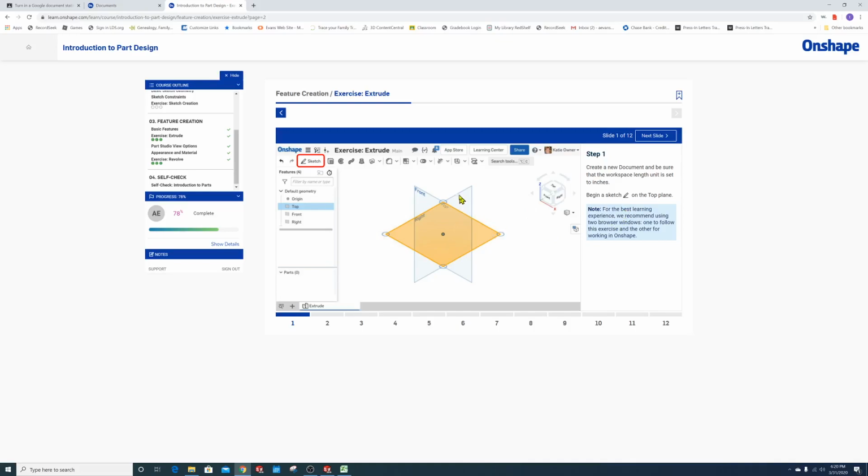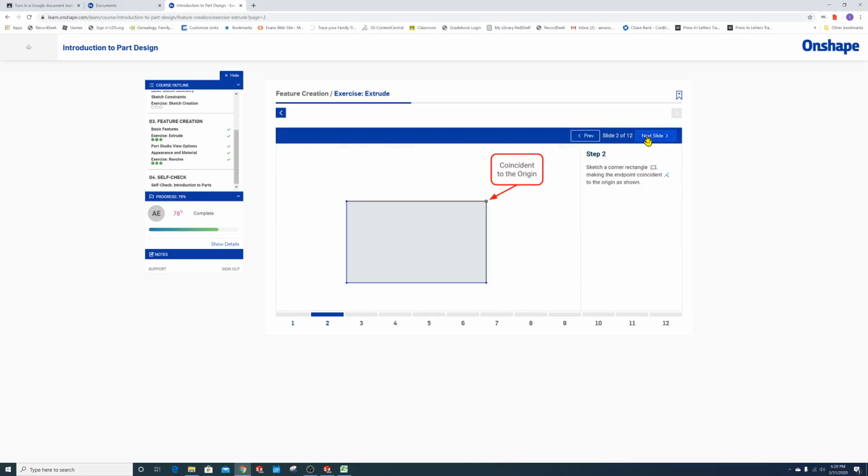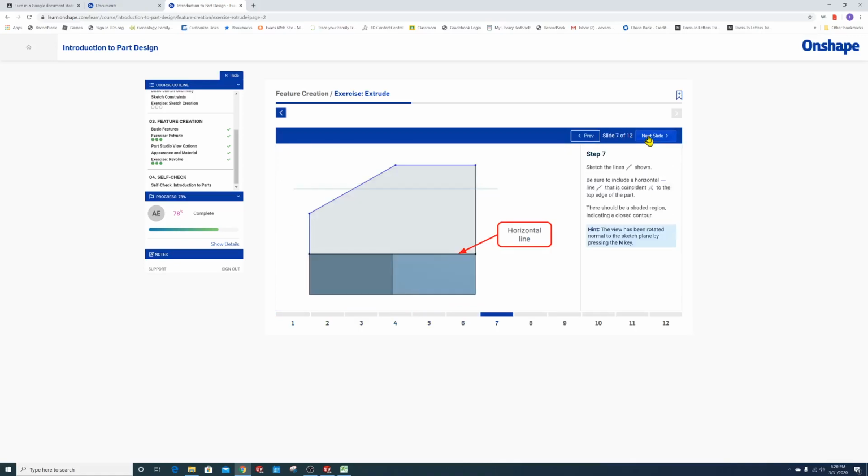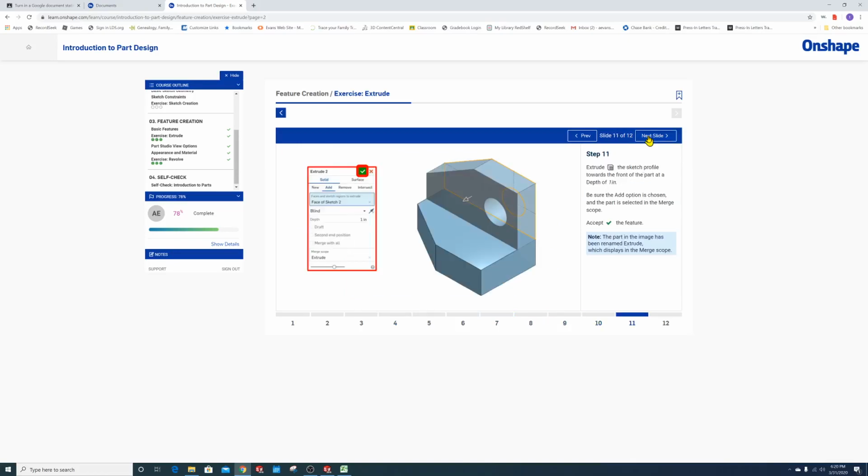Now do yourselves a favor and don't skip the video. The video does tell you a lot of things you need to know to be able to be familiar with this interface, and it'll make it a lot easier for you. But for example, this just says begin a sketch. Well, the video is going to show you how to begin a sketch, and so that way you'll know how to do it. Then you go step by step. It's just like the textbook. It gives you every step how to draw this thing,